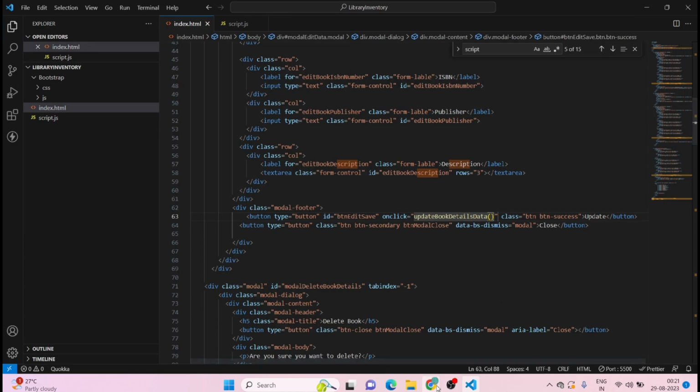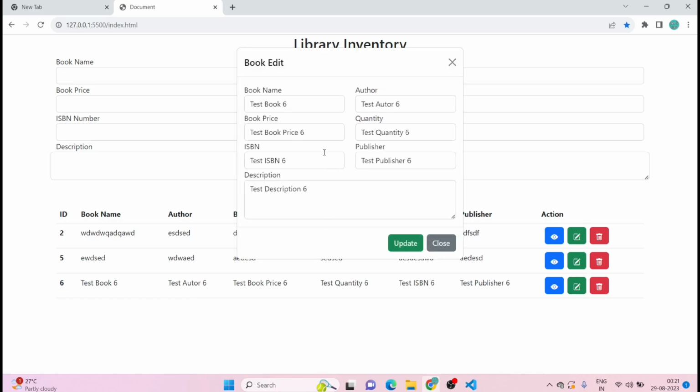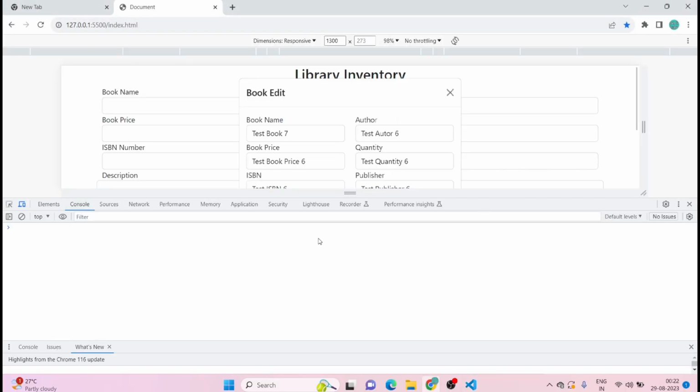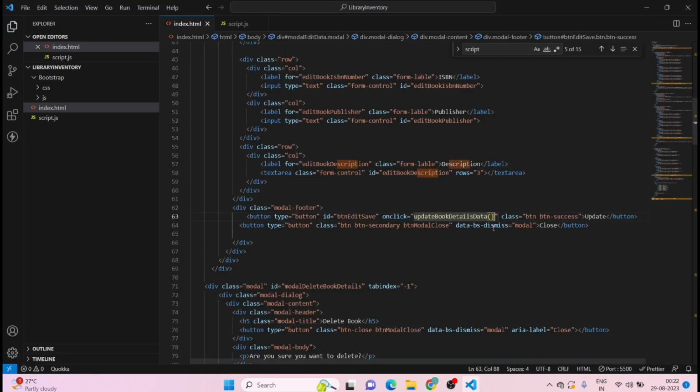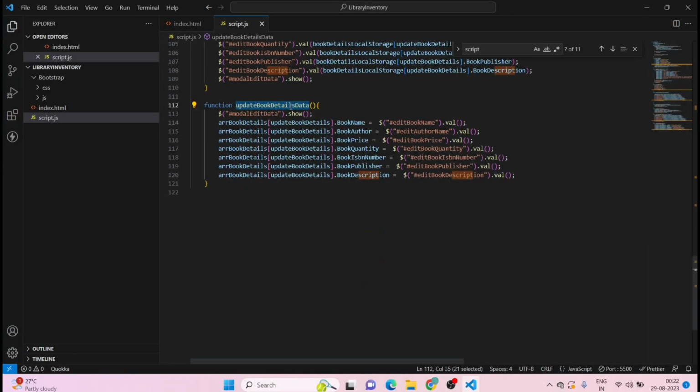Okay, let's save it and let's see if it is working or not. Let's go for the sixth one, the data which have ID 6. Let's click on this and let's change it as 7, and let's click on update. Okay, there is some issue, I guess. Let's inspect, and on click book details data, we have added here, but we have to write this local storage dot set item,